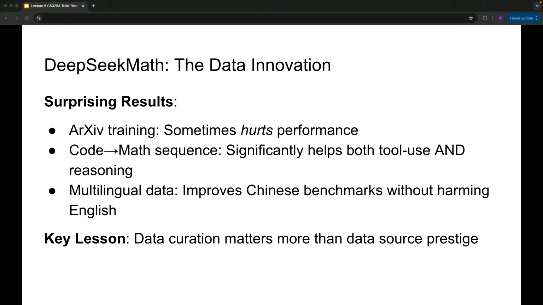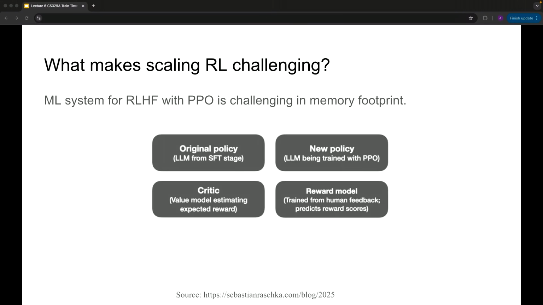This was actually the first time it was shown that if you start from a coding-based model, you could do better. And then the other thing they showed was that the curation of data really helped in this particular case. Now, the second step that they did was, okay, now that you have